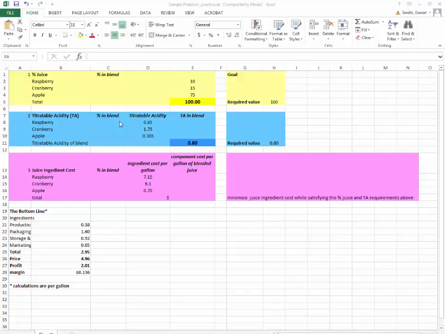So what we'll do is we'll say, in column C, we're going to refer to the amount of raspberry that we specified for our formula. And then we're going to multiply that by the titratable acidity of raspberry juice, and so that will give us the partial contribution of raspberry to the total acidity of the blended beverage. So to do that, we're going to say equals, and then we will take the percent that we've specified in the juice,